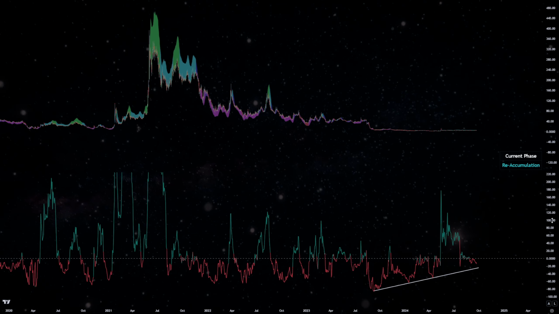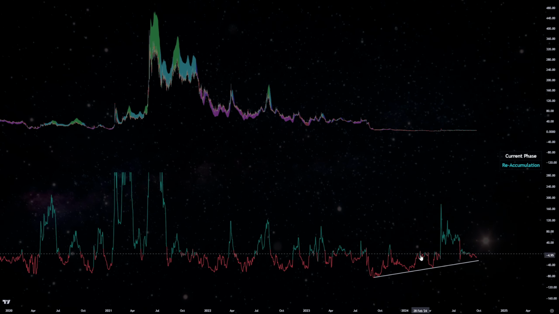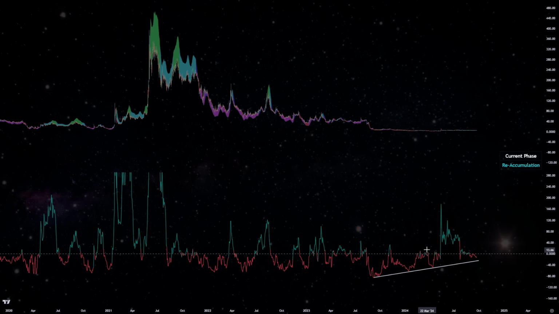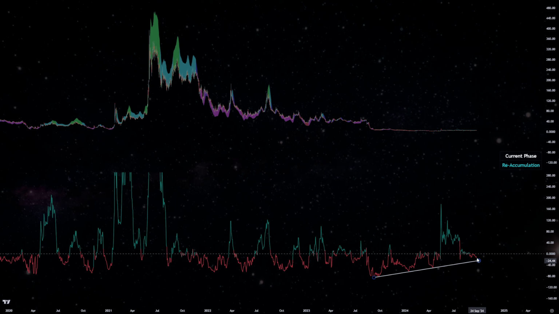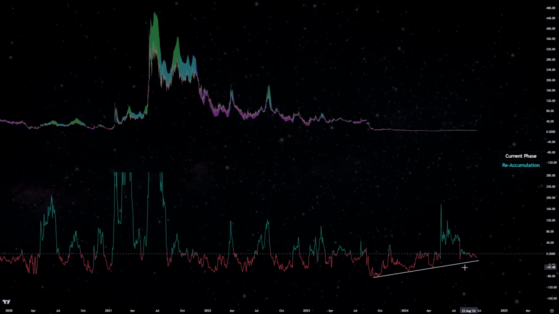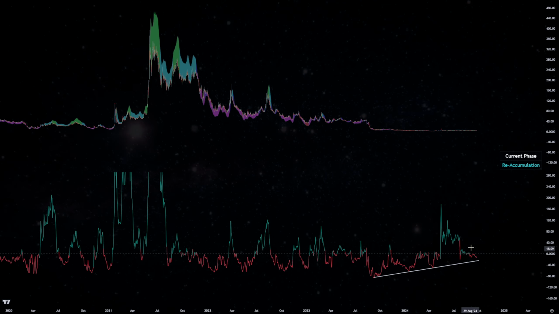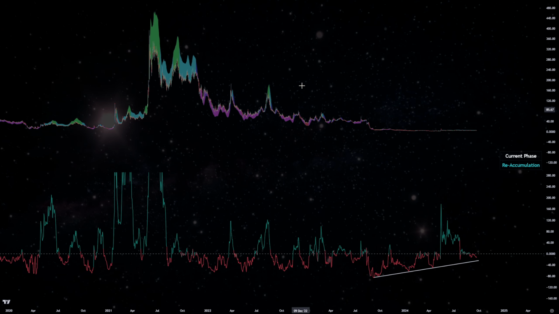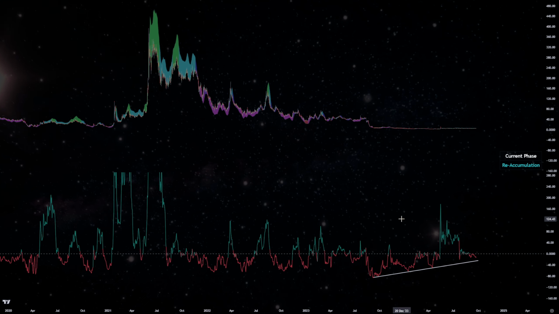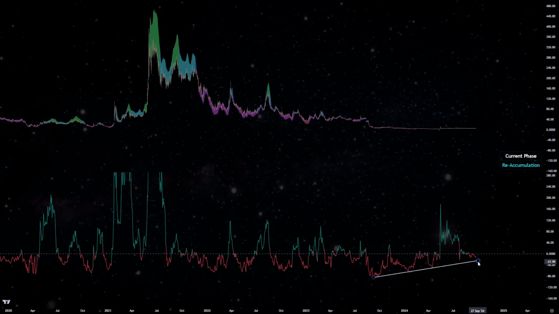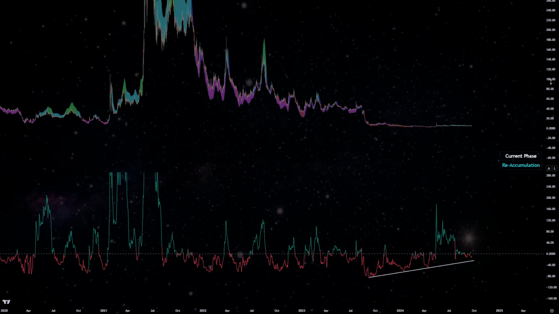Now, there's a couple of things I want to also talk about with this indicator. With this indicator specifically, the ROC rate of change, okay, on the daily chart, we are coming back down to retest one last time. And usually this does a really good job at showing us whether the prices are oversold or overbought, like the chart would normally not show us, right? That's why we use these indicators. And coming back down here on this fourth retest, every single time it has been respecting. So if you put the two together,